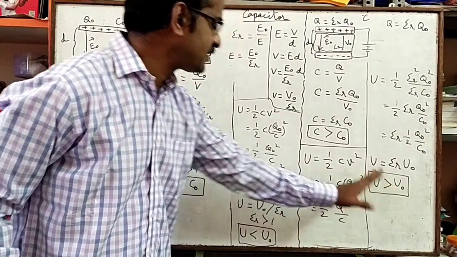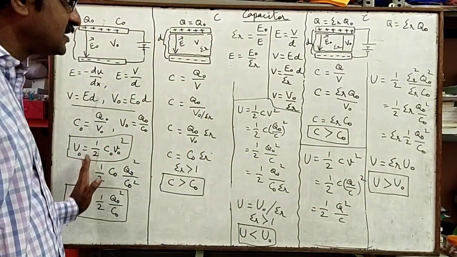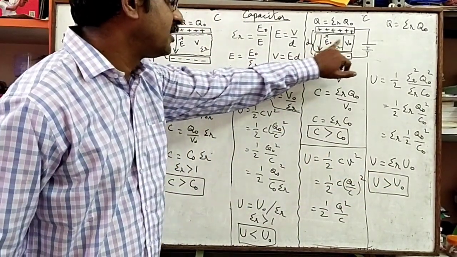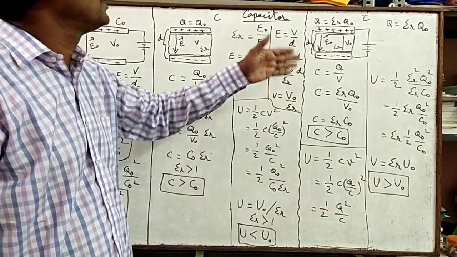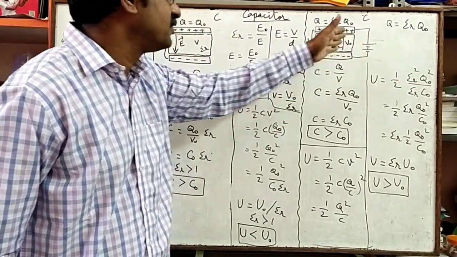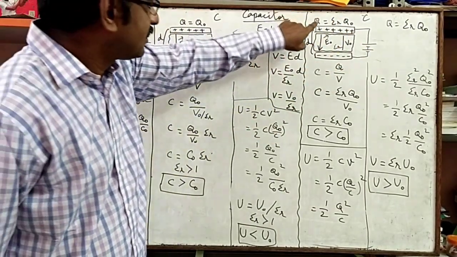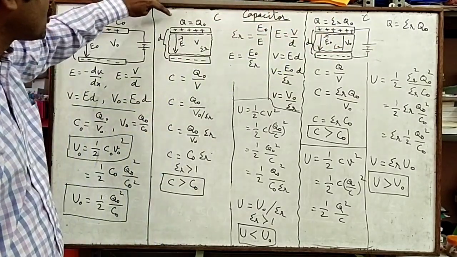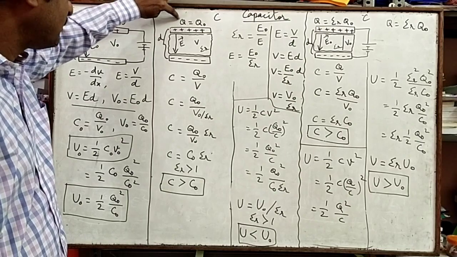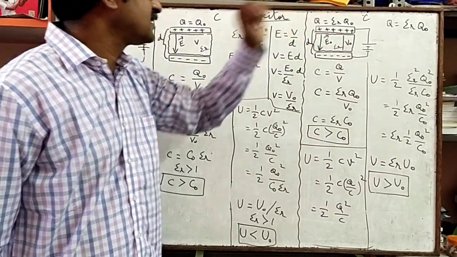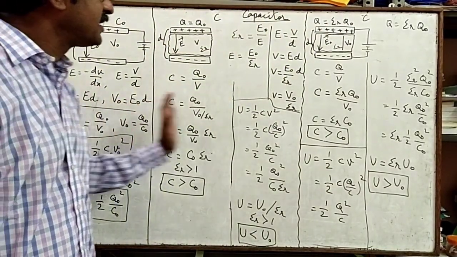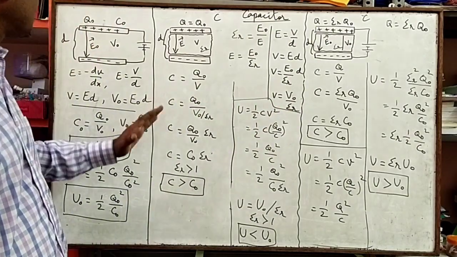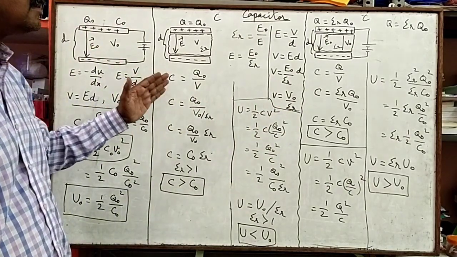Now, in this case, the capacitance of the capacitor increases when compared with this. Energy stored in the capacitor also increases when compared with this. But electric field and potential will remain the same as the battery is continuously connected there and it is being continuously charged, and the number of charges increases by epsilon r times. In the earlier case, charge remains the same. In this case, charge increases. So this is the comparison for a capacitor with dielectric and with battery.